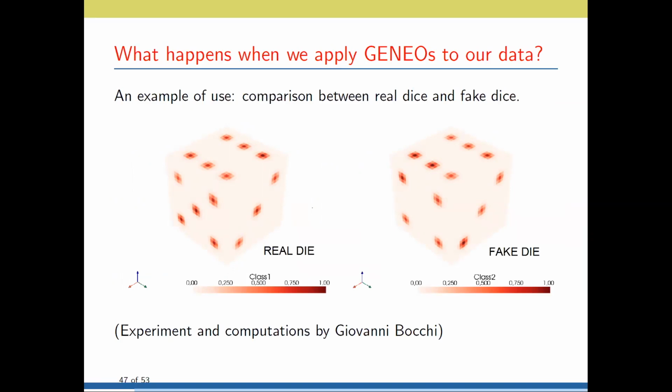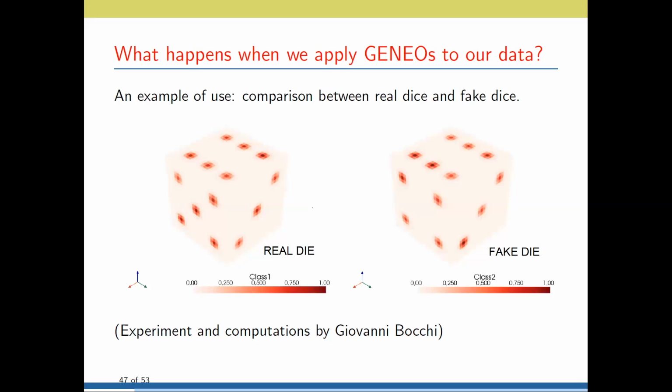The toy example is like this. Think about comparing real dice and fake dice. We produced a large number of real dice where, you know, in real dice, the sum of opposite faces is 7. We produce also fake dice where the sum of opposite faces is not 7. When I say we produced dice, we thought about the coloring of the faces, not just saying this face is 1, this face is 2, this face is 3.